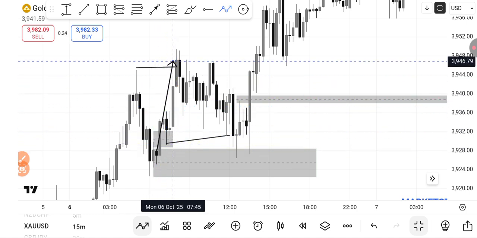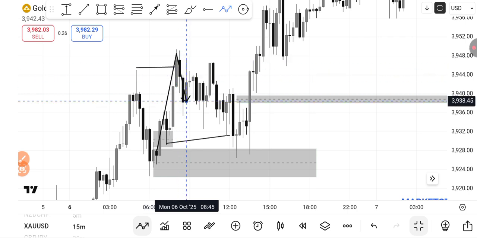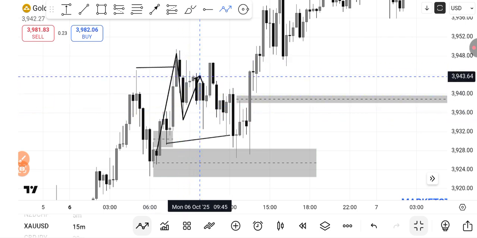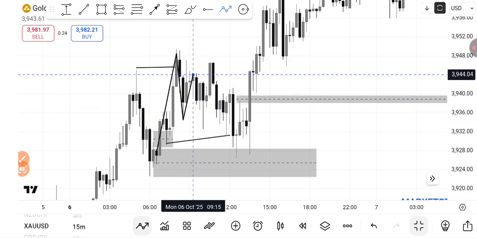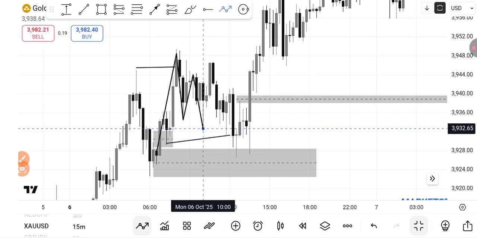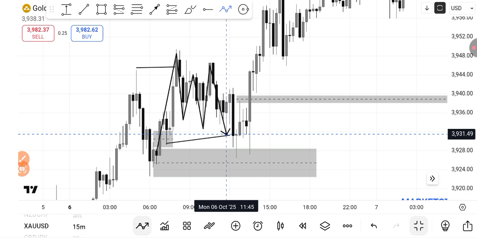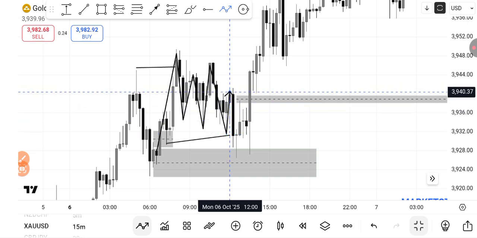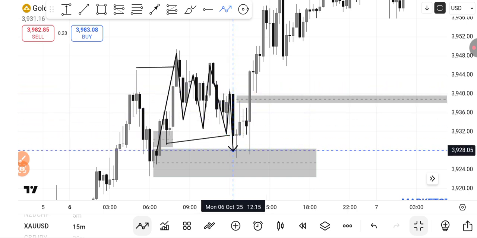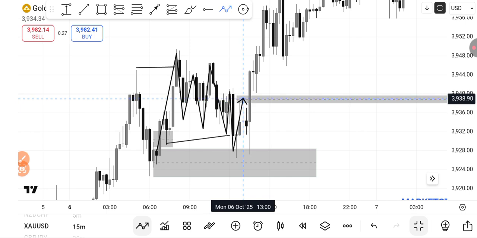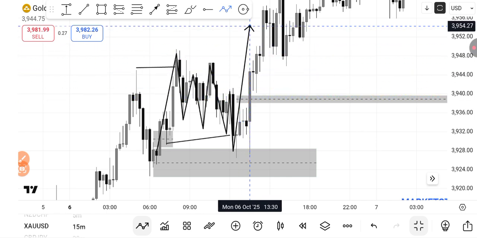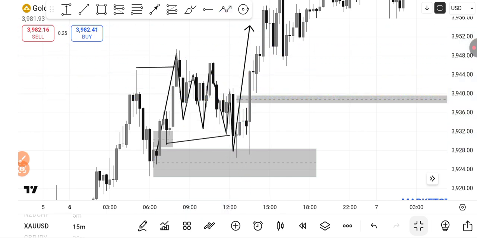Price moved up, reacted, it came back. Oh, this is liquidity. It had to go back. It came here. These are the double bottoms I was telling you about. It came back before tapping into our order block. Then it triggered our order. Then we went straight to take profit. I usually take profit at the next